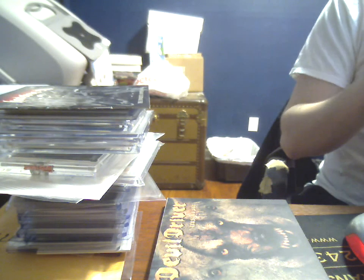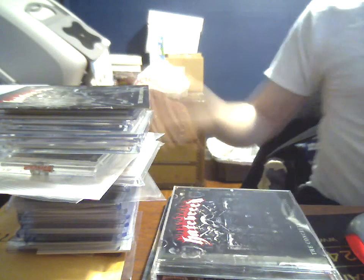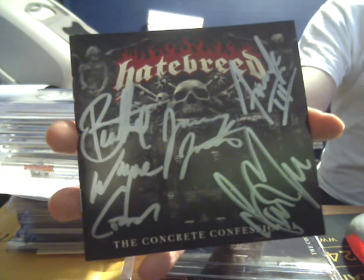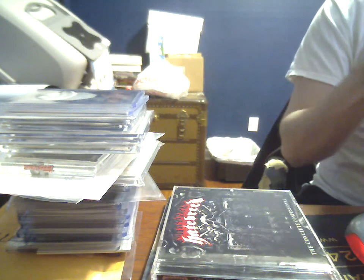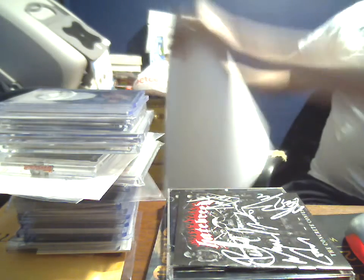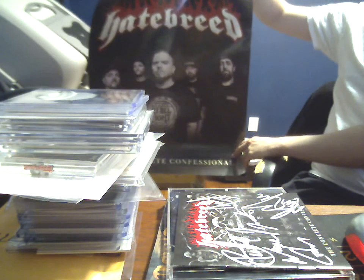Again, the pre-order bundle for Hatebreed, the Concrete Confessional. And one of the first 200 to order, so I got the bonus fully signed band extra booklet here, and so that was the bonus. And then the pre-order bundle includes a poster with the guys,